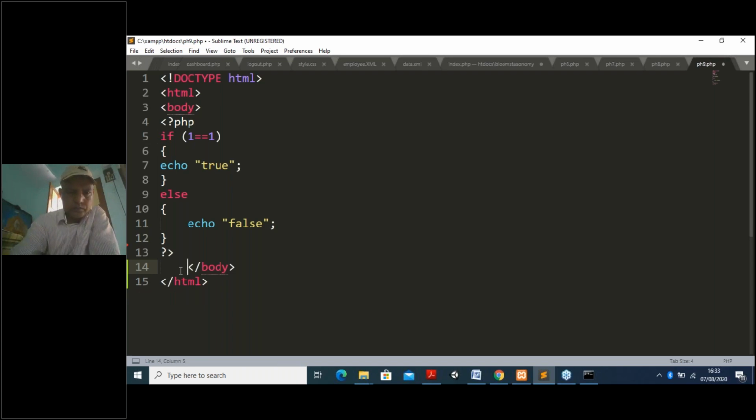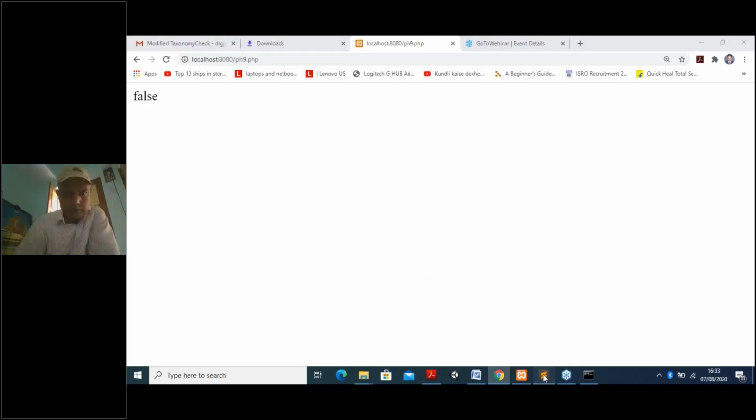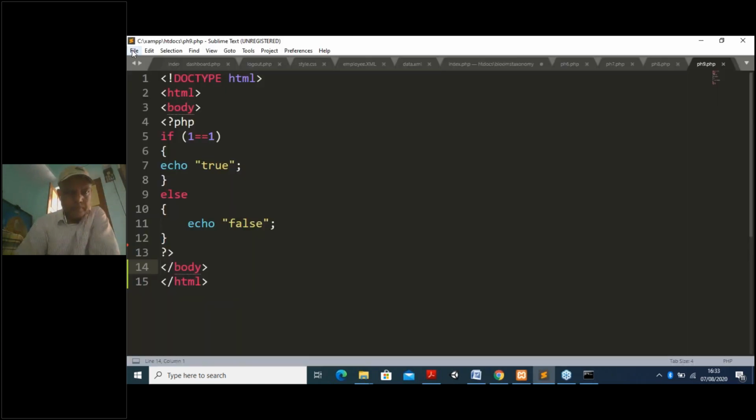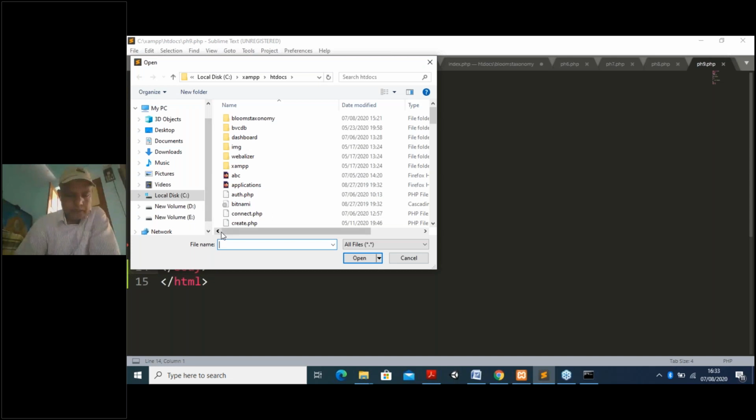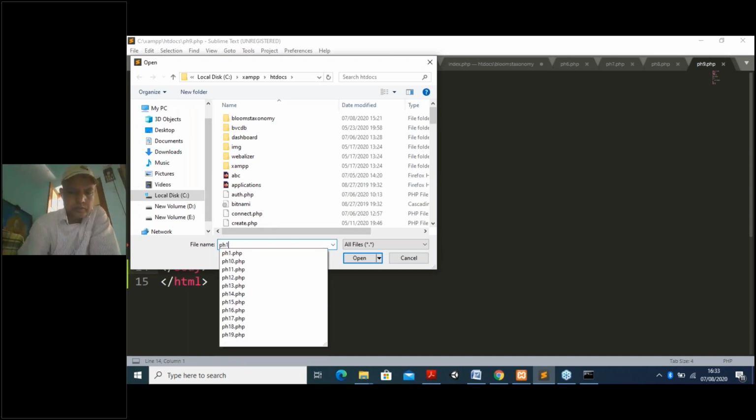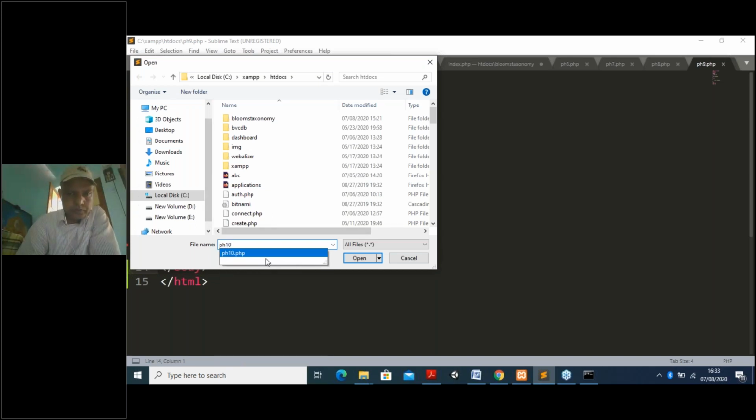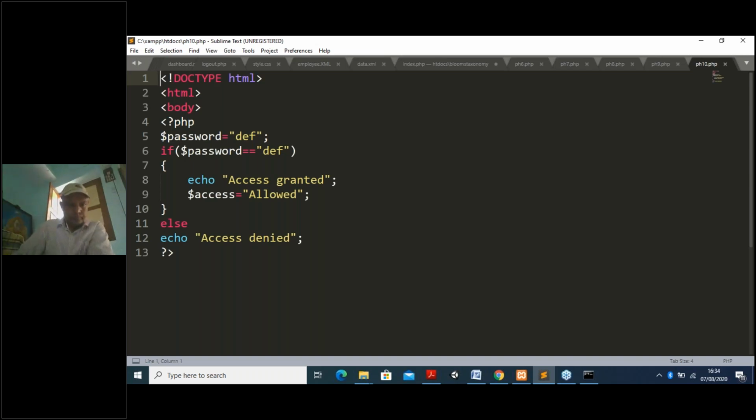Control S. Then I'm going for program number 10 here. File, and you go for open file. So open ph10.php. Okay, open. Now where do we apply these things?